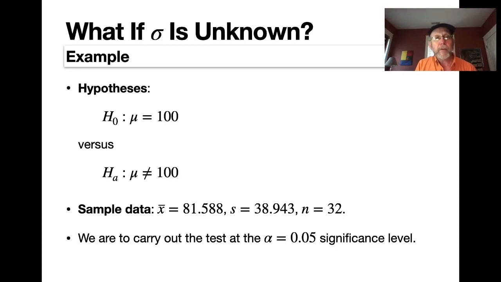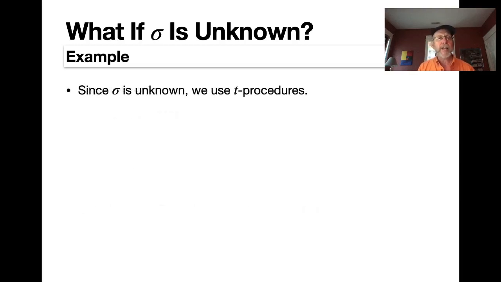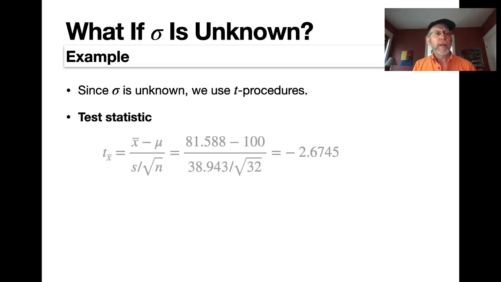So again, the crucial thing to notice here is that sigma, the true population standard deviation, is unknown. And so since that's the case, we're going to be using t procedures. Let's take a look at the test statistic first. It's going to be a t-score. And there you see it. We're just putting it together. Essentially the z-score, except we're just using s as our estimate for sigma. And that turns out to be negative